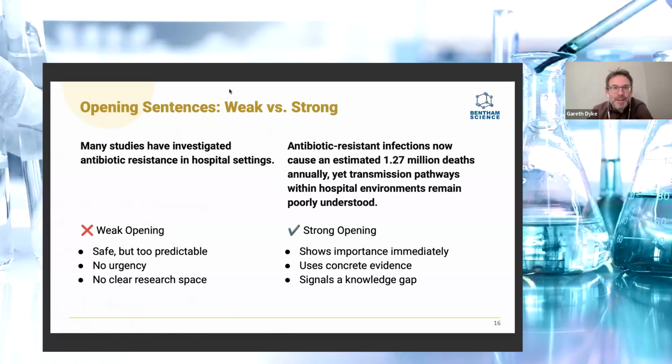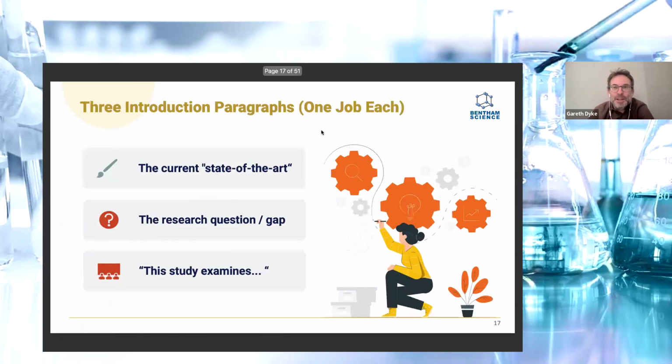How interesting. Fantastic. Well done, everybody. You are well on the way to starting your introduction in an absolutely fantastic way with a strong opening sentence. And that was a great example. Thanks very much for that, Scott. Brilliant. So, as we talked about already, your introduction is going to have three sections.